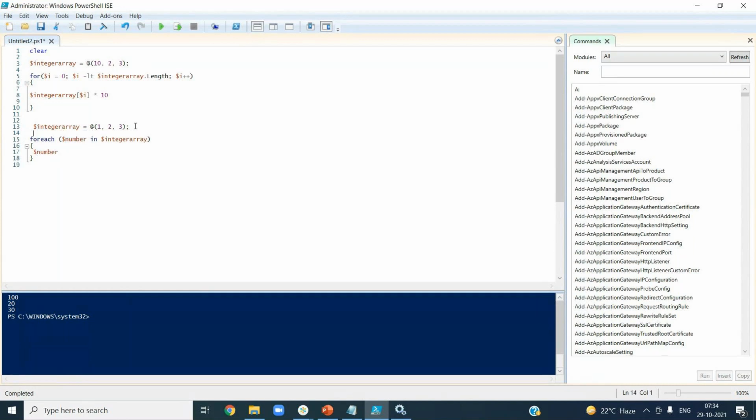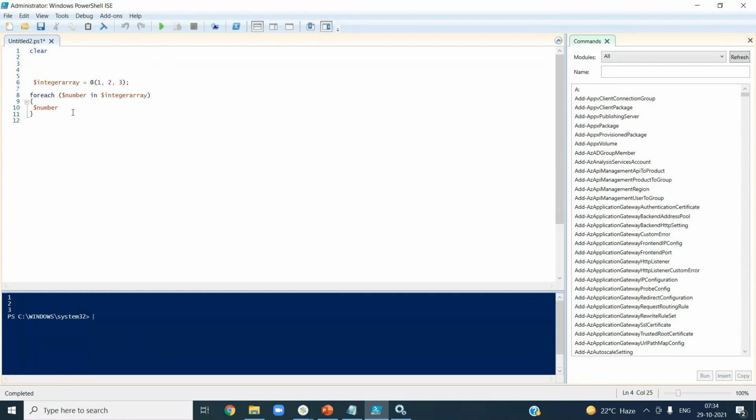Both are the same. Let me take this out. To do this, what you got? 1, 2, 3. Similarly, if you want to do some multiplication, whatever operation you can do, and you might have more than one line of code in your logic. Both are the same, only the syntax differs. You can give any name here, as I said, but whatever you use here should be used here to retrieve the value. Got it?